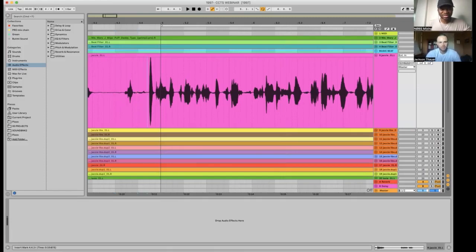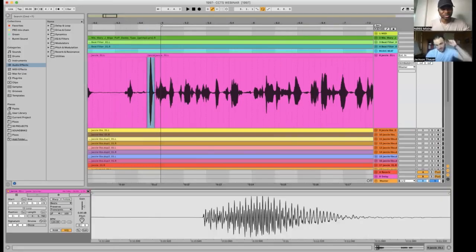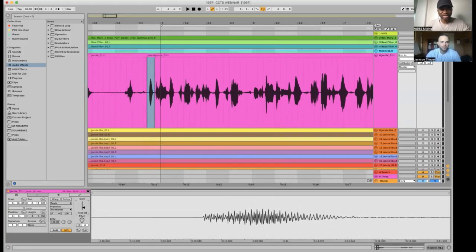So you see how that just went through the roof. You see the level of the other, you see where it's at. Yeah, that's going to be a problem for our compressor. So this is what I do. I just Control E to kind of break it, then I bring it down.